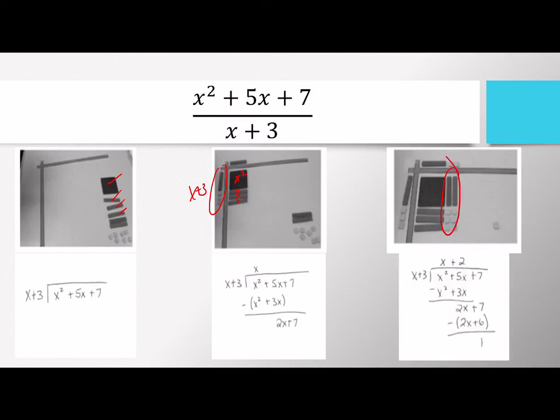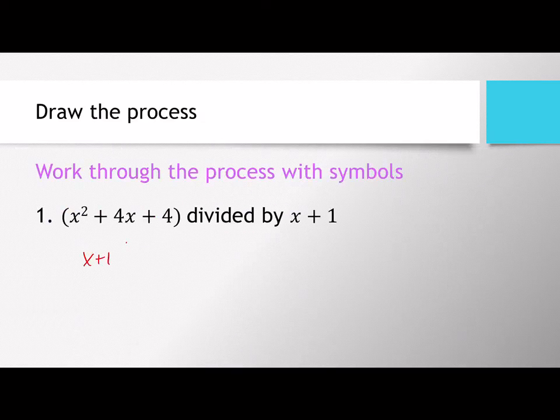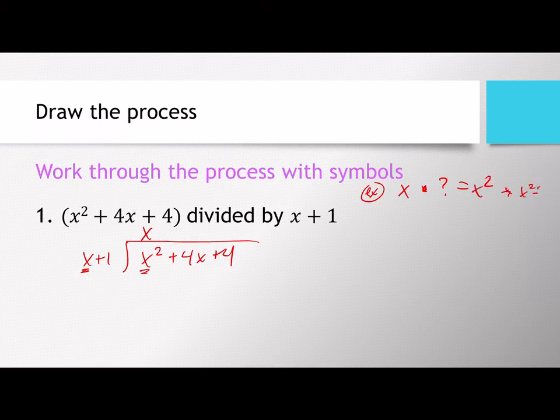Okay, so we have our x plus 1 here on the outside, x squared plus 4x plus 4. Now, when we do this division, we think about how many x's fit into x squared, or what do I multiply using the missing product? We have x times something is equal to x squared. So you think about what you need to multiply by to get to x squared. Okay, that's the same as x squared divided by x. So we actually know that that's x that goes in there,